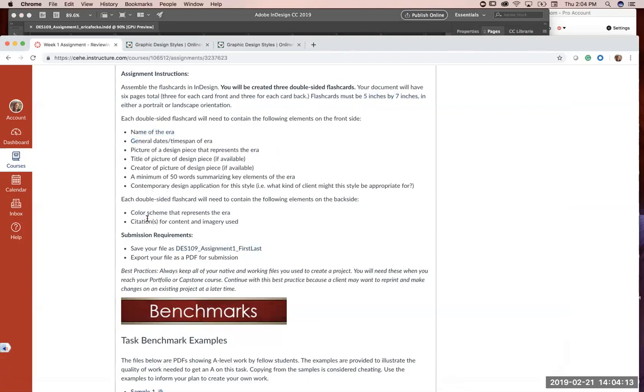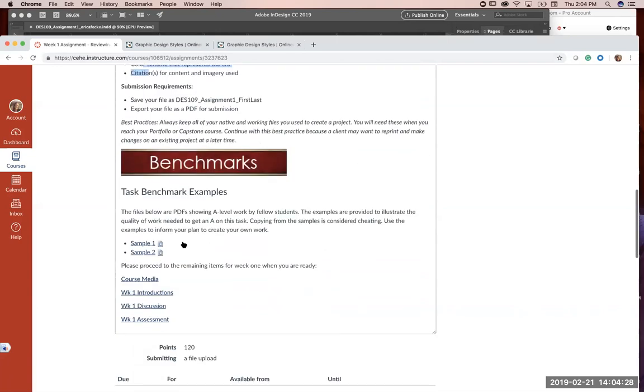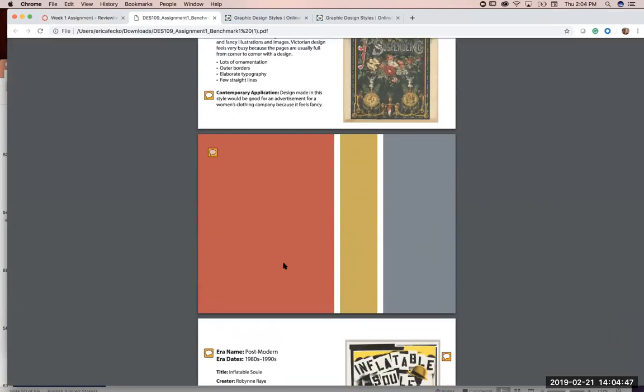Make sure on the back that you add the color scheme that represents the era and also the citations of the image that you used. And then, of course, save it and export your file as a PDF for submission, okay? Here again are some examples of some A work that students have done. I think I showed this in the lecture, but just to show you again, this student added the graphic, there's the era and the name, the title, all those pieces,